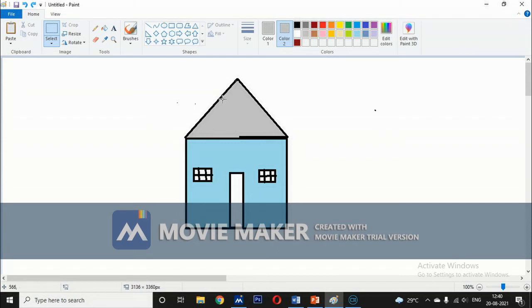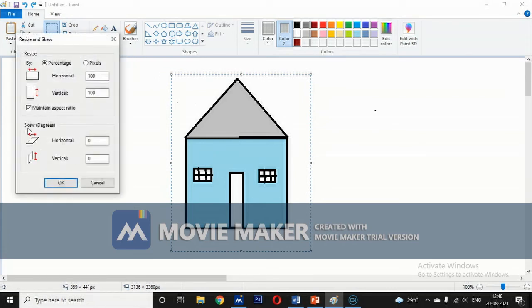Okay, so if you want to skew a drawing, the first step is to select the drawing and go to the image group. Here click the resize option. Here you can see the skew options. You can give the angle, how much you want to tilt this drawing. I am giving 10 degrees.